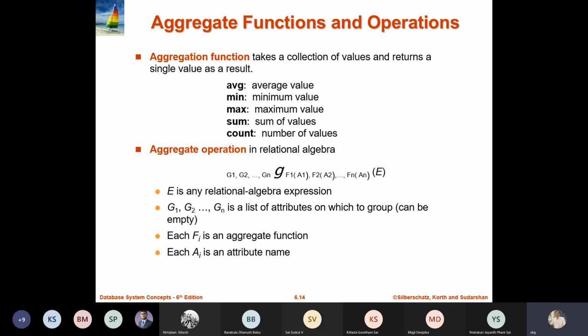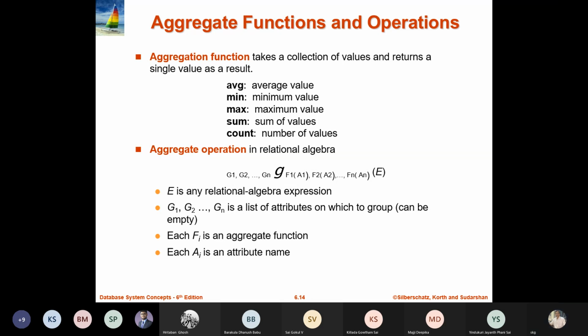When we represent an aggregate function in relational algebra, we use the calligraphic G. Then we have the functions F1 working on A1, F2 on A2, and so forth, and a list of attributes on which grouping can be done. Right, so I can say group by